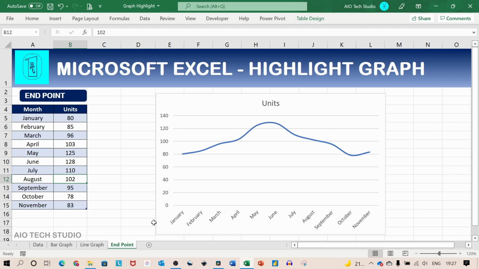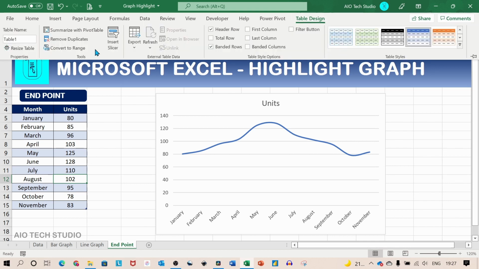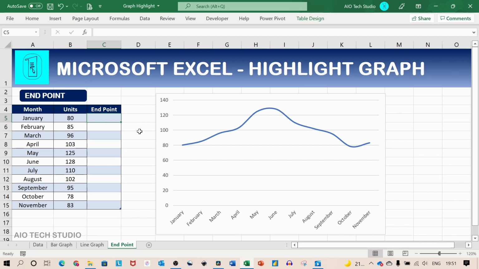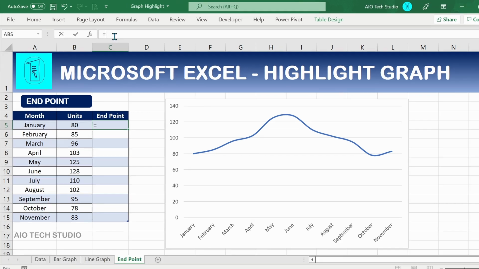In this example, the aim is to have a data label at the end point of the line chart. For that, I have taken a data set which is an official Excel table. The Excel table helps us to extend the range. As in the previous example, we will again add a support column named endpoint. And in the first cell of the endpoint column, we will add this formula. If